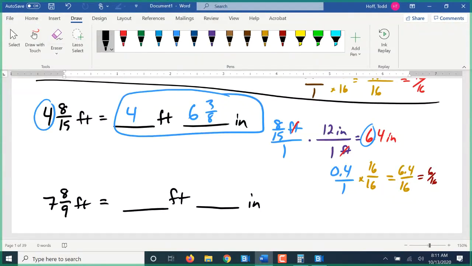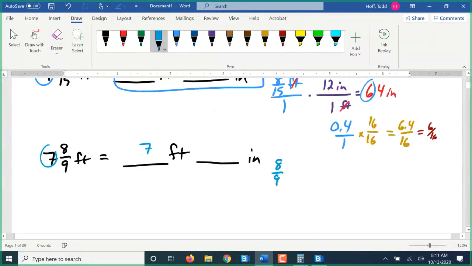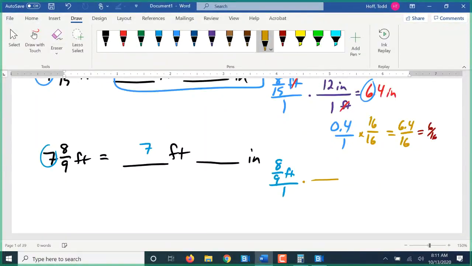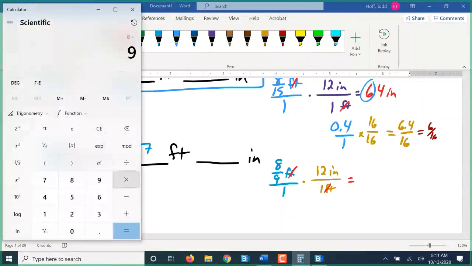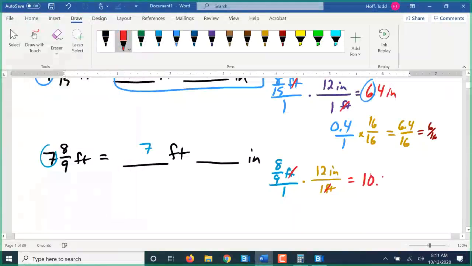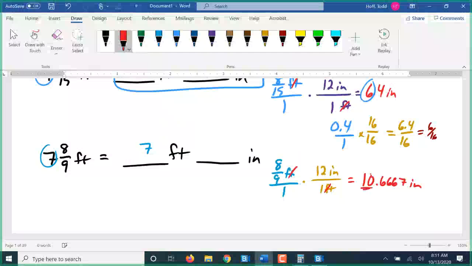So we're going to take off the 7 whole feet, and we're going to do the 8/9 of a foot. Put it over 1. 1 foot equals 12 inches. We've got 8/9 times 12. It's 10.667 inches. So we take off the 10 whole inches there,